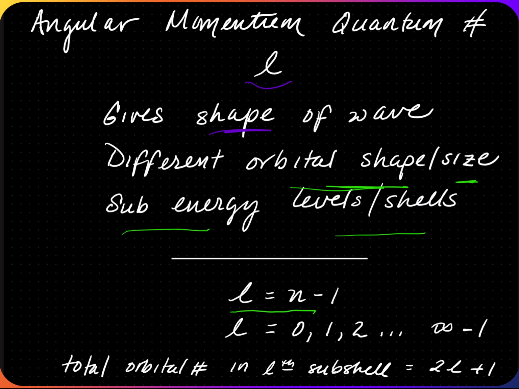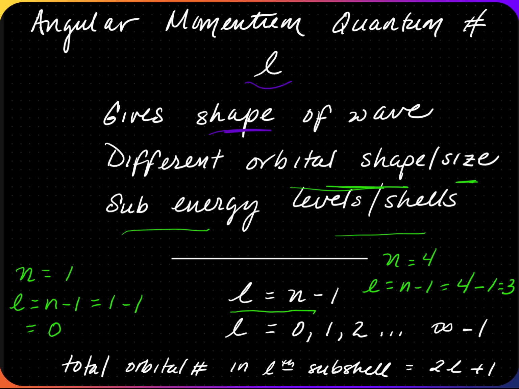If n is equal to 1, l is equal to n minus 1, so this is 1 minus 1. So l is equal to 0. If n is equal to 4, l is n minus 1, so this is going to be 4 minus 1. So l is 3. However, when l is equal to 3, it must have a 2, a 1, and a